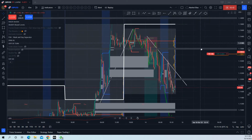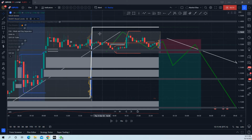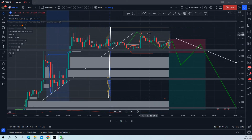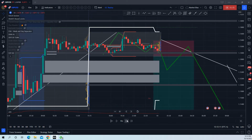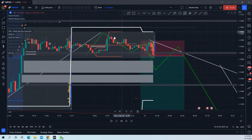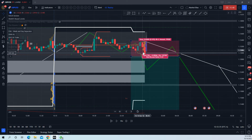So the entry was basically a complete mirror image of the dollar CAD trade. Really, you had peak formation on Thursday over here. We were moving into the peak formation in Asia, and then we had the breakdown, this sort of consolidative structure, and then into London, you had this sort of stop hunt back into the structure. You've got 1, 2, 3 down into the lows, and then you've got that move up, breaking some of this structure over here, and then you had this engulfment